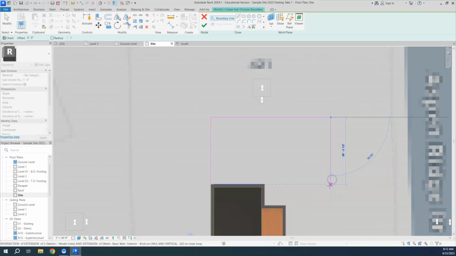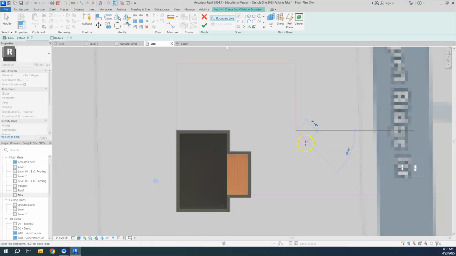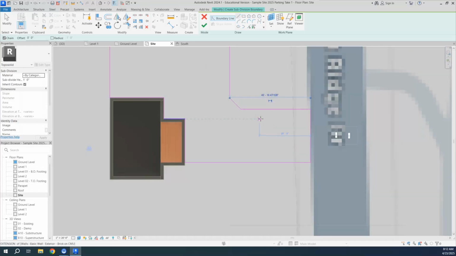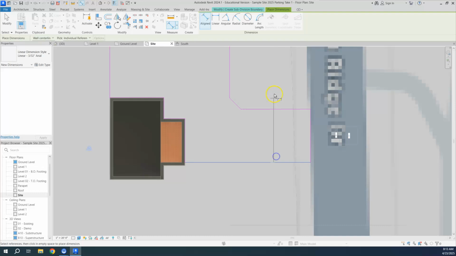There we go. Then we're going to go down. We're going to make a neat little 45 there, and then we'll go over to the road there, and then we'll close that off. Okay, and oh, it trimmed it for me. That's so beautiful. Now I'm going to click on dimension because I want this ingress egress to only be 24